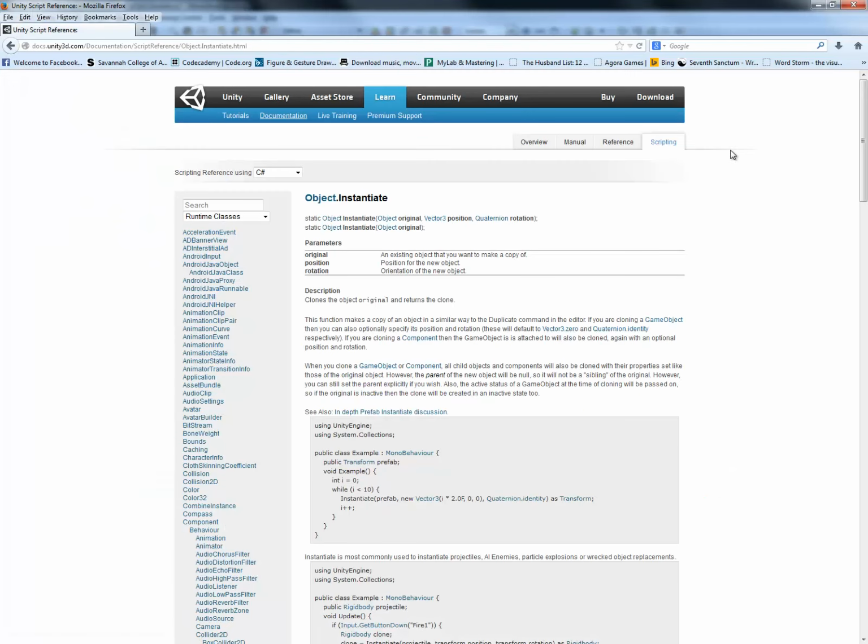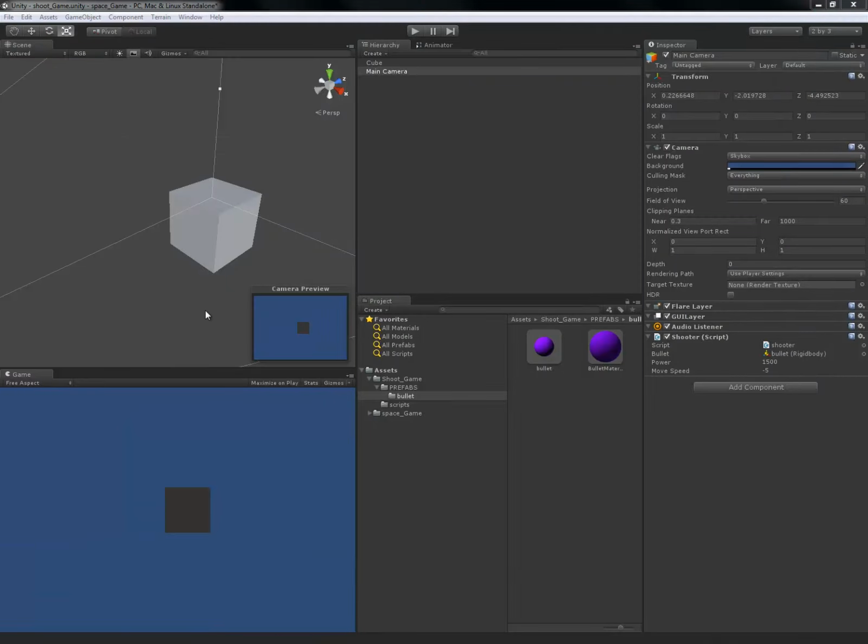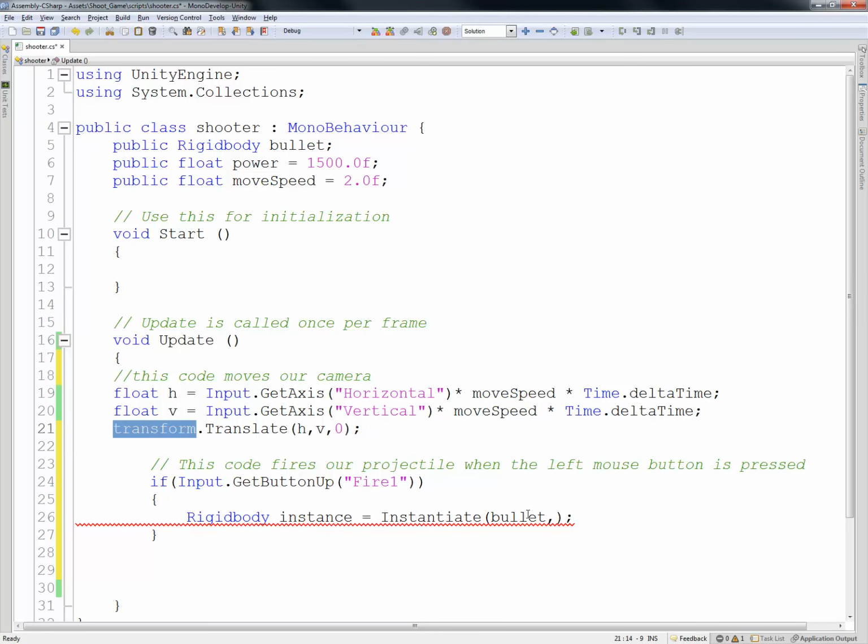Next we need a position. I want it to be spawned from the actual position of the camera. So if you remember from our other code, we remember the code name translate or transform, which will allow us to access the current transform. So we have to write that again. So transform